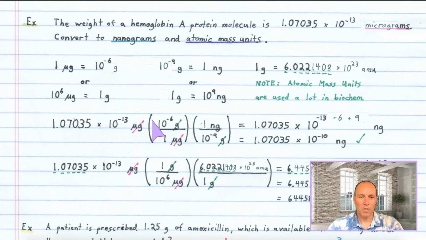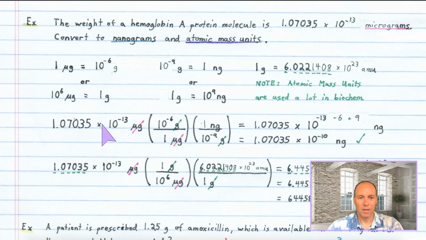When you have two powers of 10 and you multiply them together, you add the exponents. So 10 to the minus 13 times 10 to the minus 6, you would take 13 plus negative 6, or just 13 minus 6. And then when you divide by a power of 10, you subtract that exponent. Since we're dividing by 10 to the minus 9, we're going to subtract negative 9, and that would just be like adding 9. So the answer would be